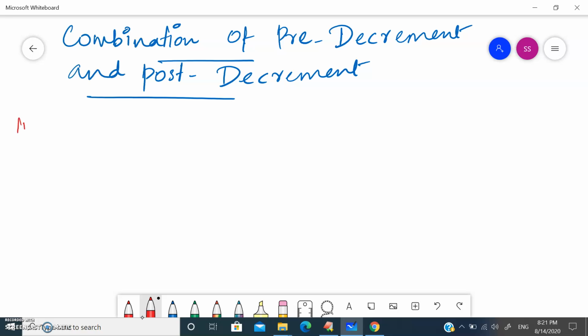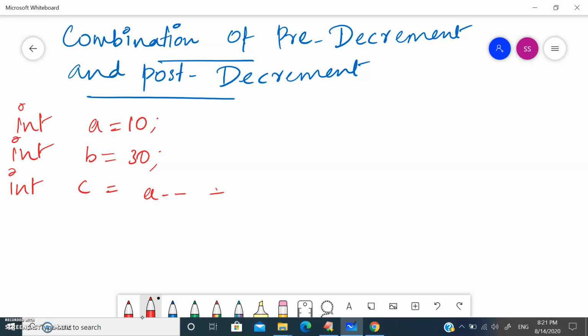Let's take an example: int a = 10; int b = 30; int c = a-- + b-- + --b + --a + a--.